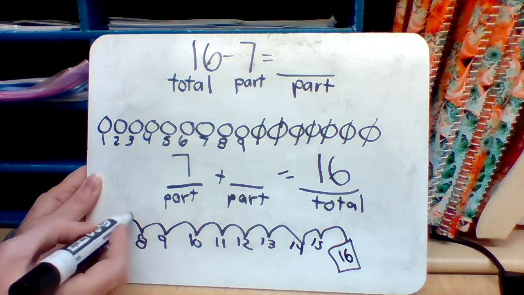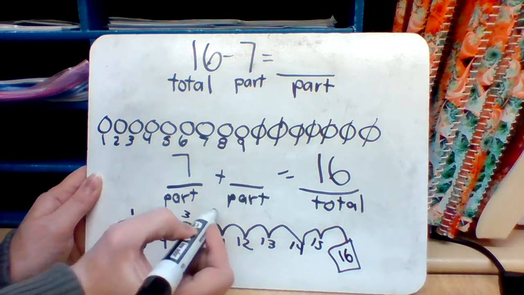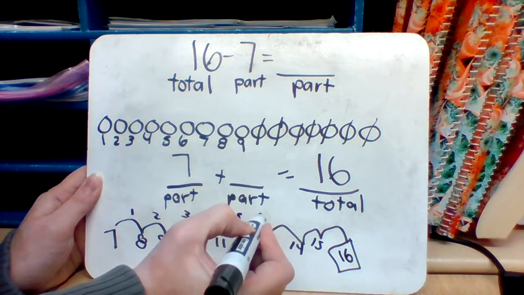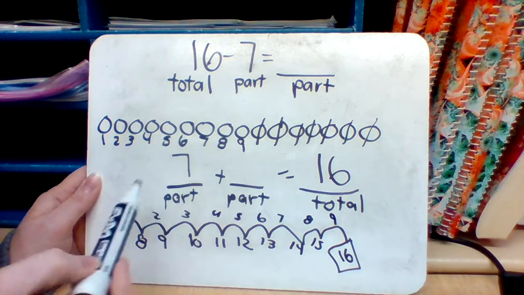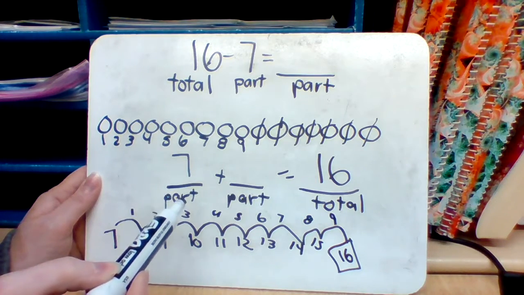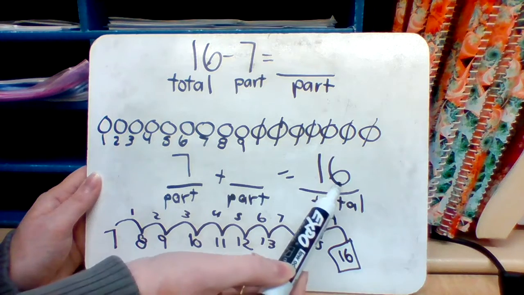How many jumps did I take? 1, 2, 3, 4, 5, 6, 7, 8, 9. So again, 16 minus 7 equals 9, or I could think of it as 7 plus how many more equals